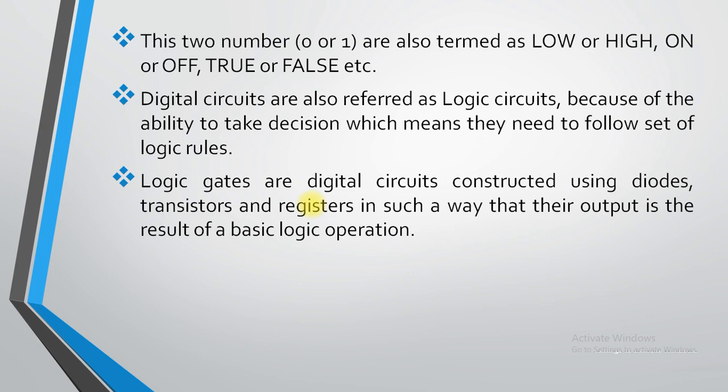So these all are the internal parts of the CPU, right? You just need to write the name of that particular part, nothing else. No need to refer to diode, transistor and resistor in detail, but you just need to understand that if you want to draw any logical circuit or any logical diagram, at that time you require different kinds of diodes, different kinds of transistors, or you can use resistors to form a particular circuit.